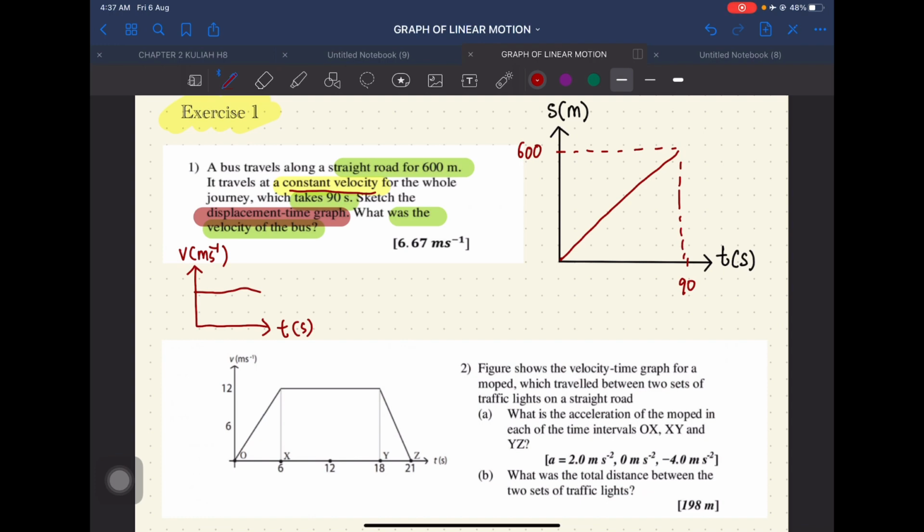Okay, this is a graph of displacement time graph. And then the question asks you, what is the velocity of the bus? Okay, velocity from the ST graph we can get from the gradient. Okay, how to calculate gradient? Gradient of the graph is equal to,